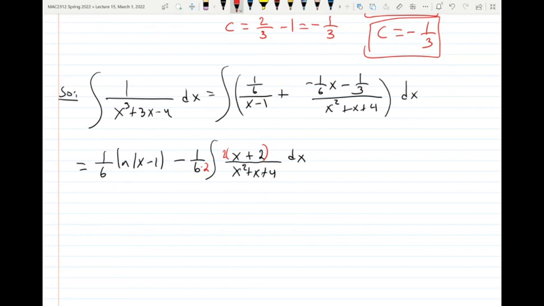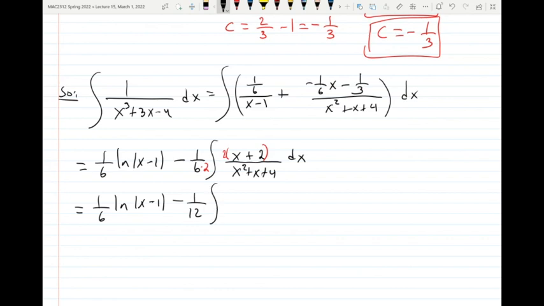So, I multiply the top by 2, and therefore the bottom by 2, but I put the 2 in the bottom outside. Is that okay? So, a 1 over 12 is going to pop up now. Okay? All right. So, then this becomes 1 over 6 ln of x minus 1